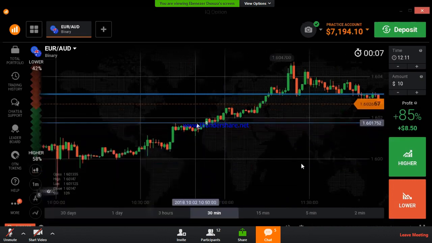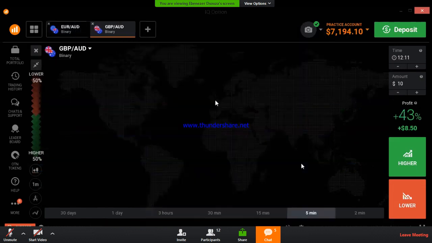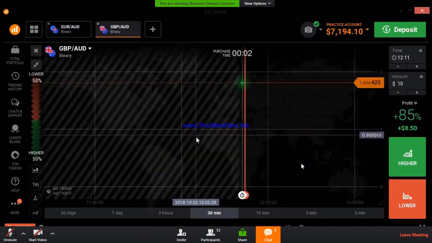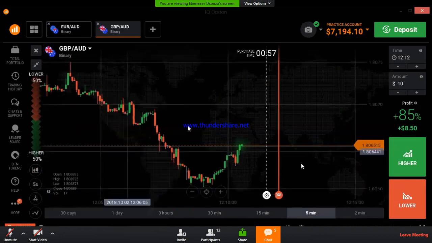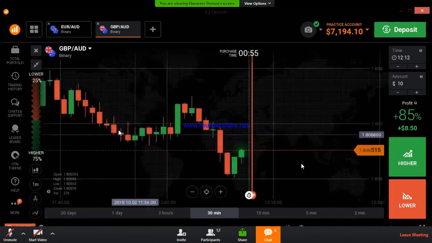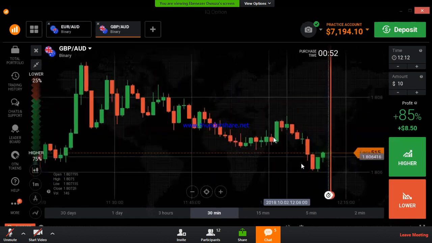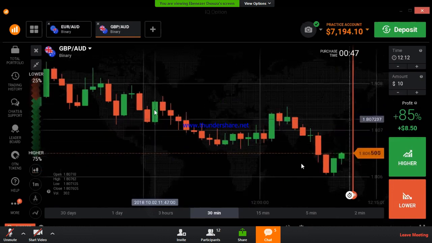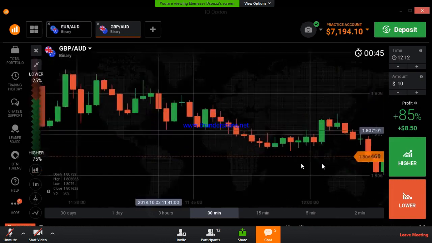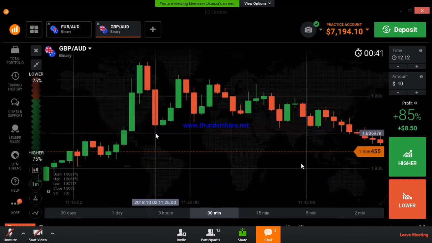Just wait. I will show you here. So you can see this is a very strong candle. It reversed, right? This is a very strong candle. It reversed. So this is a very strong candle. After this candle,